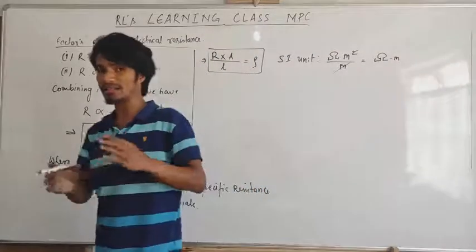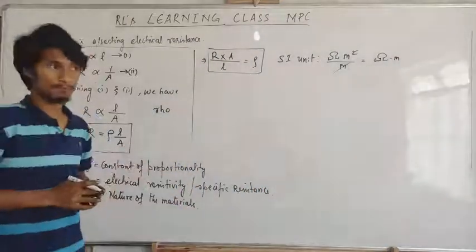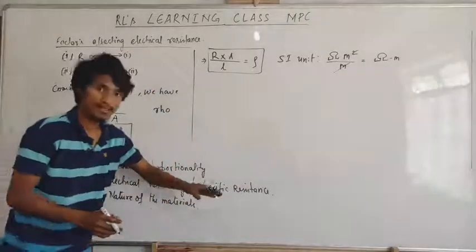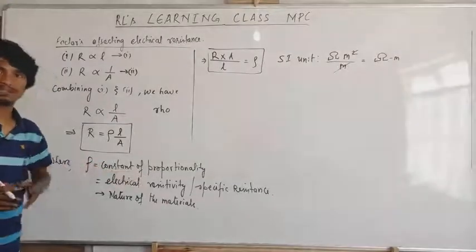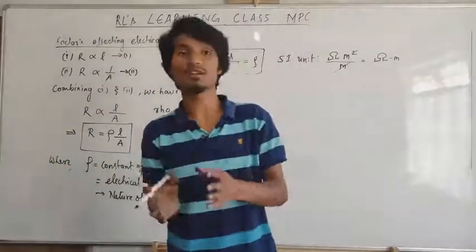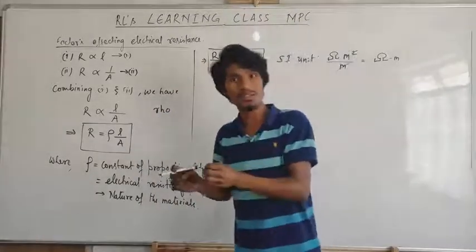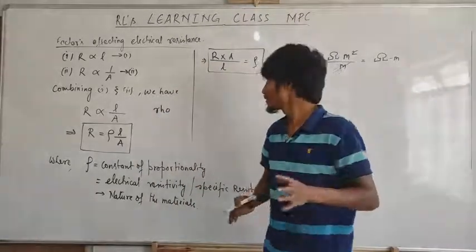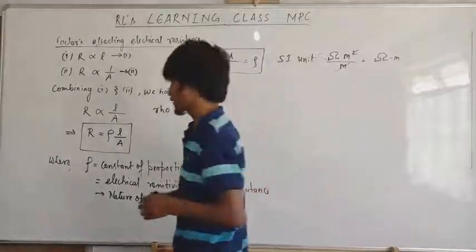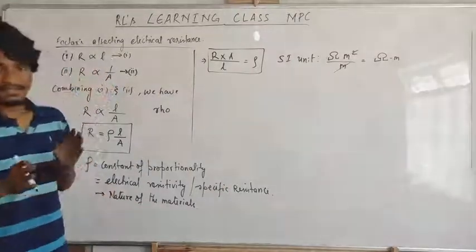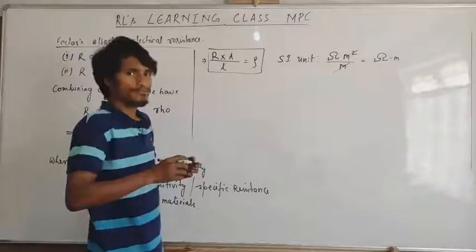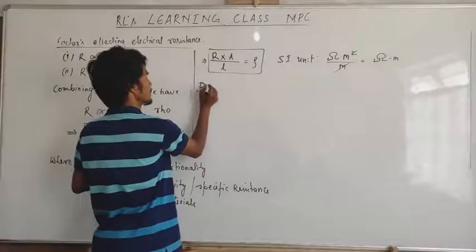What is the SI unit of electrical resistivity? It's ohm meter. And what is the SI unit of specific resistance? Ohm meter, because specific resistance is another name for electrical resistivity. Remember, electrical resistivity does not change with the size of the conductor or with the surroundings, but resistance changes depending on the surroundings and the size of the conductor. Now, if I ask you to define electrical resistivity,